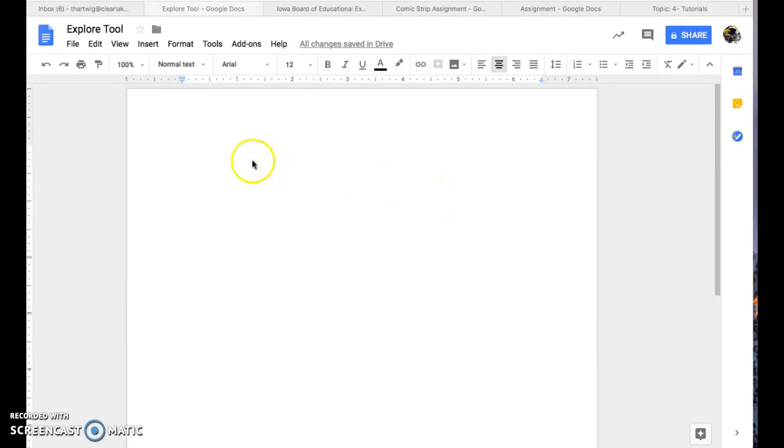Okay, what I would like to show is the Explore tool using Google Docs. For those of you that are in the class, you obviously know about this. We had to do an assignment on it, but for anyone who hasn't seen this, this is a pretty handy tool. This year, I did a coaching cycle with one of our instructional coaches, and we focused on